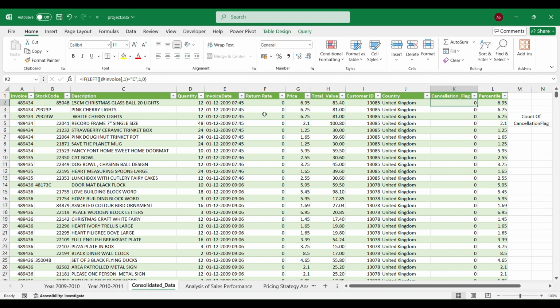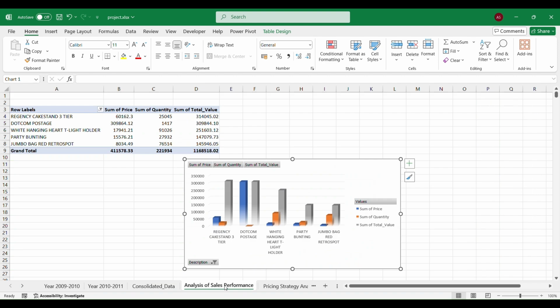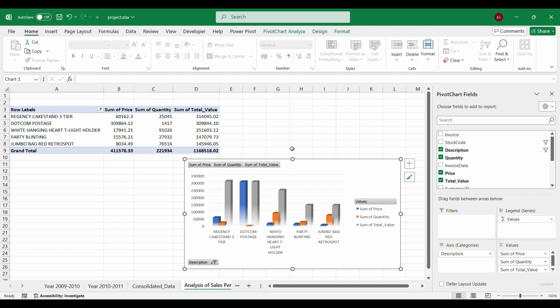There is also a percentile calculated using PERCENTILE.INC, which is used later. And there is another column, product return, which is also used in a later part of the video. So first, let's go to the analysis of the sales performance, which is based on the total sales,